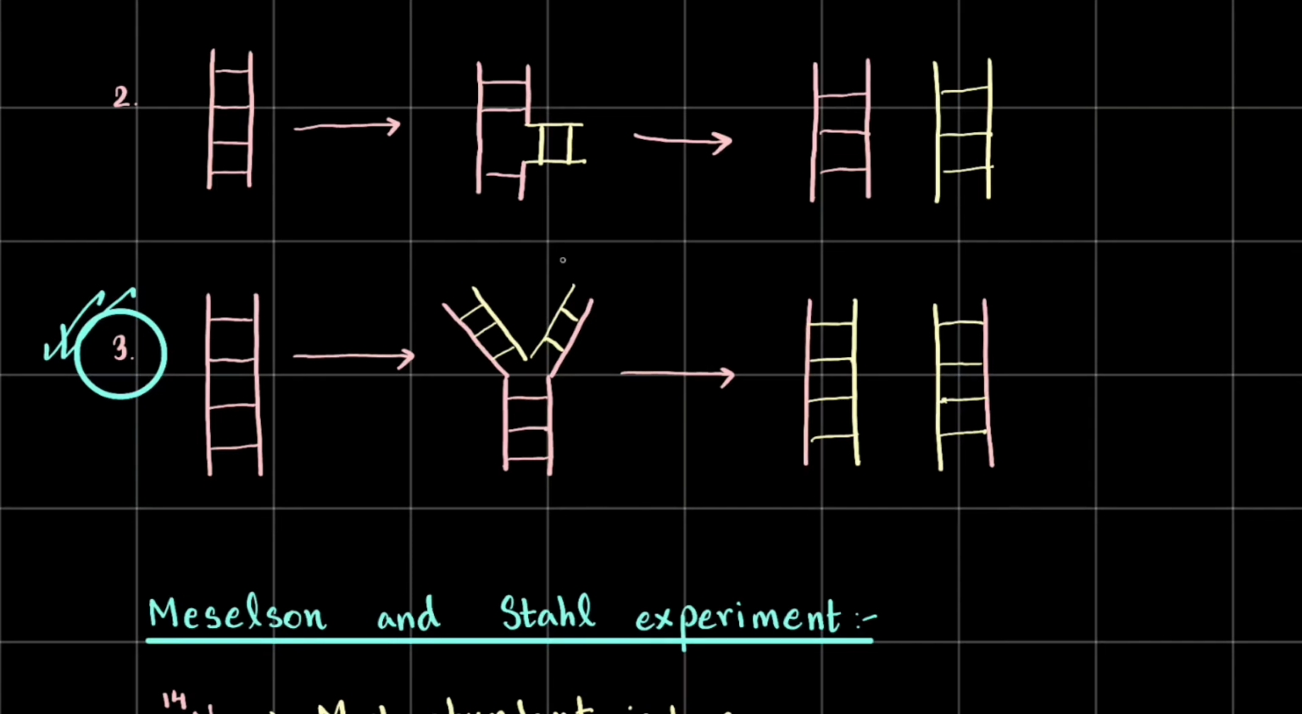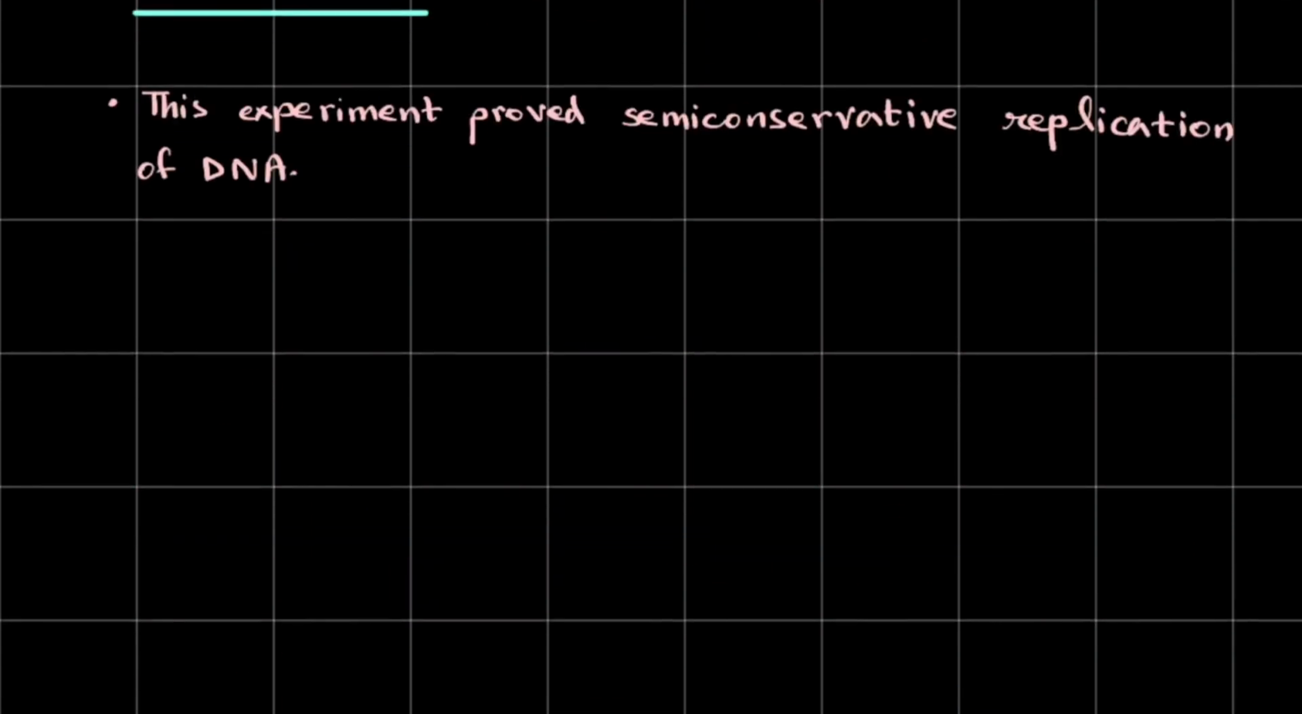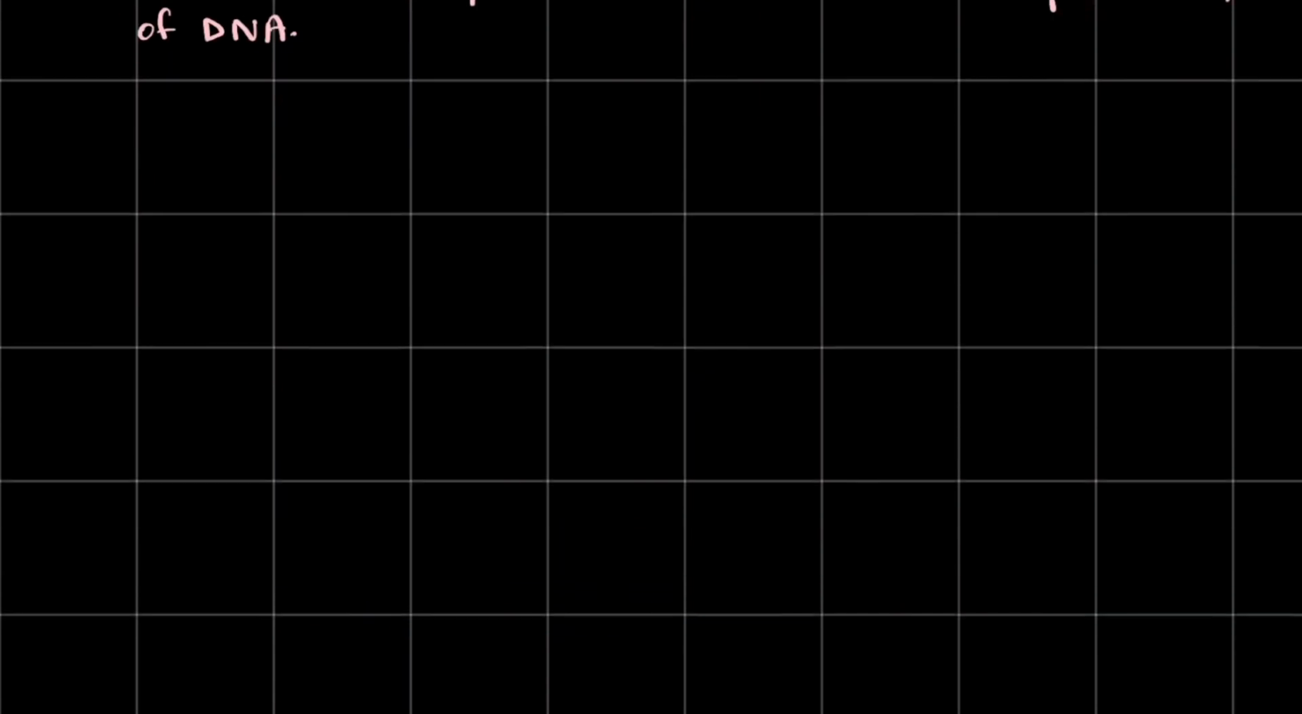See this sort of Y structure which you notice in this second part of the diagram right here. This is the process of replication taking place. And now we shall see how. So at the beginning,